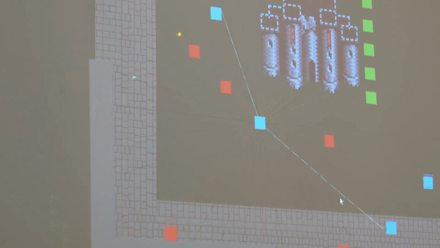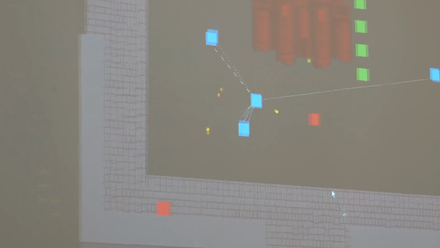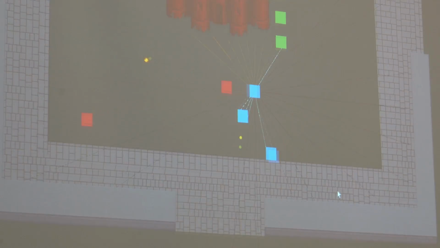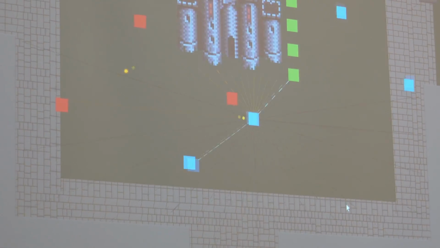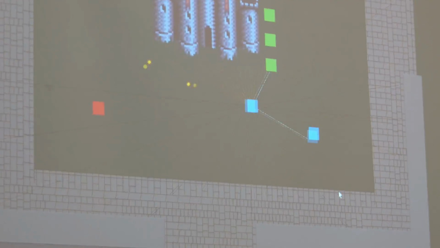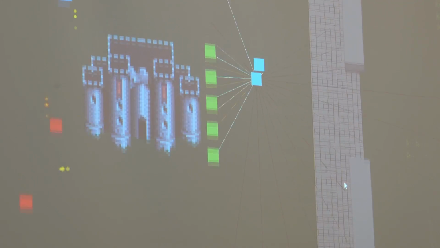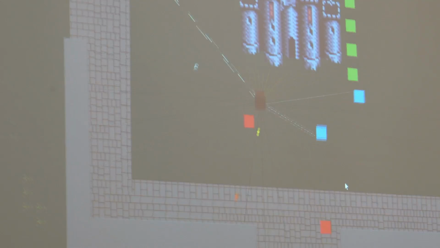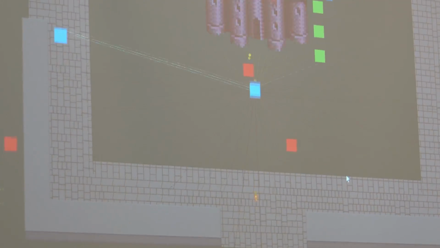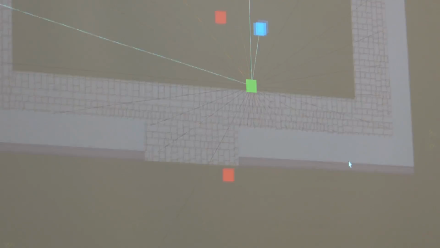So ideally what we'll do is we'll train these blue guys to defend the base, and then the green ones will become my attack squad to go fight off where these enemies are coming from. So we'll drive around here, and once I'm satisfied with their ability to fight the red enemies, I can switch over to one of the green guys and we can go figure out where the enemies are coming from. So this is the idea of training the warriors versus training maybe defenders.